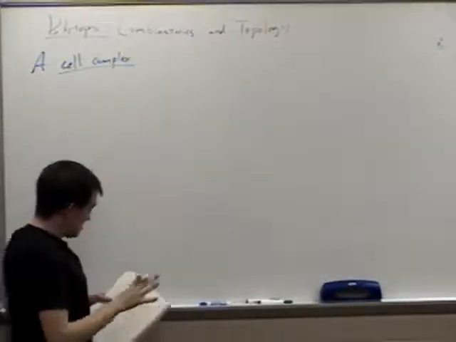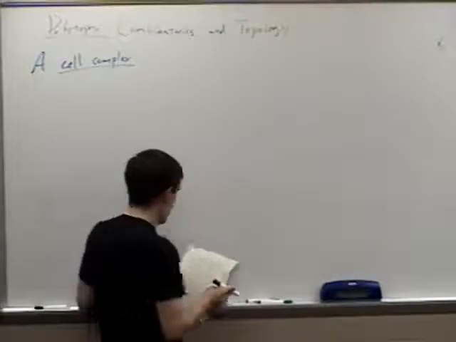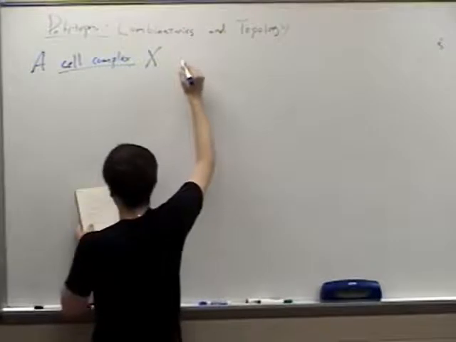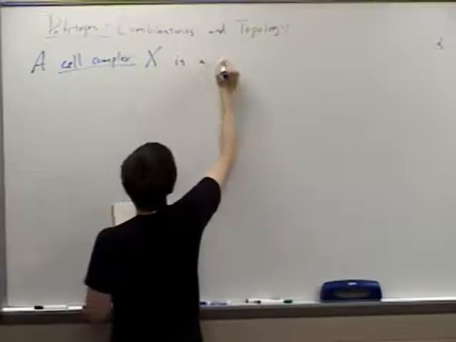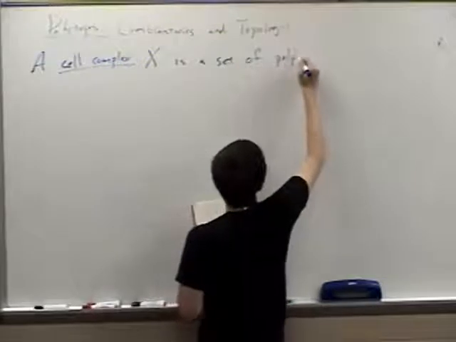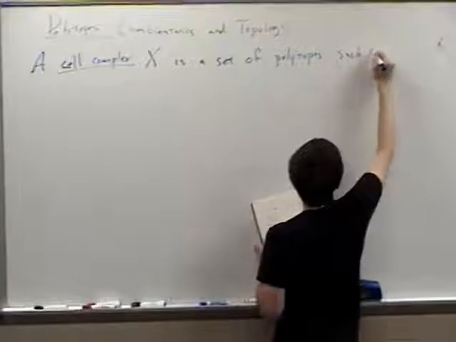It's basically a bunch of lower dimensional polytopes glued together. That's all that it is intuitively. So a cell complex X is a set of polytopes such that